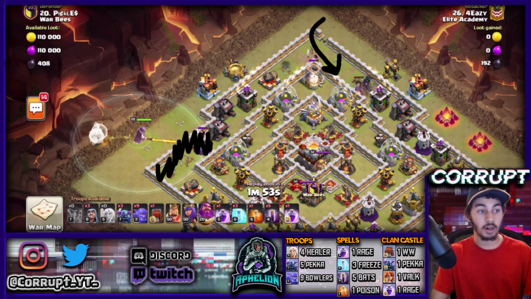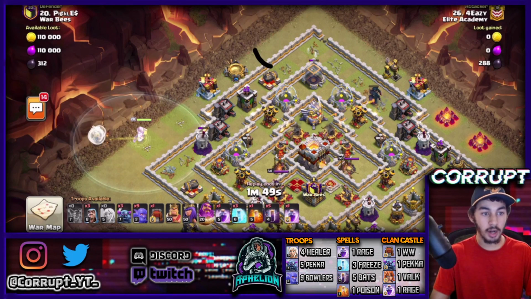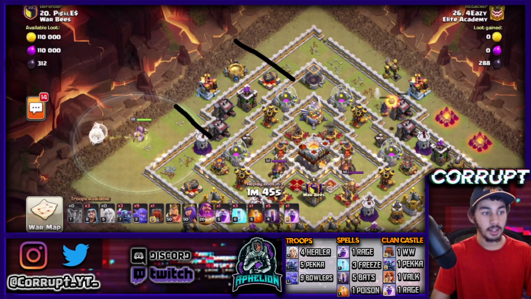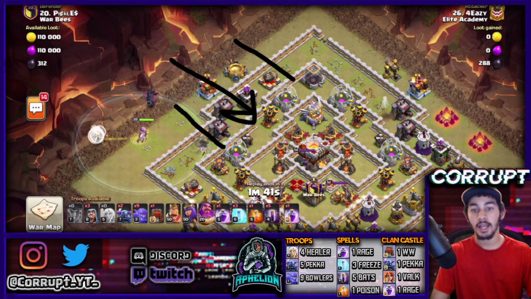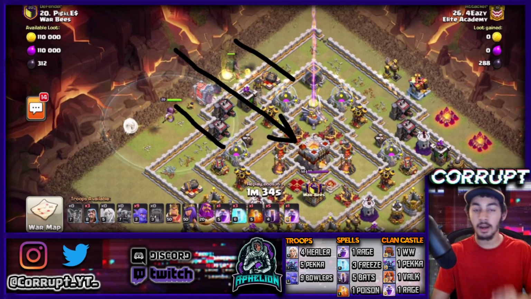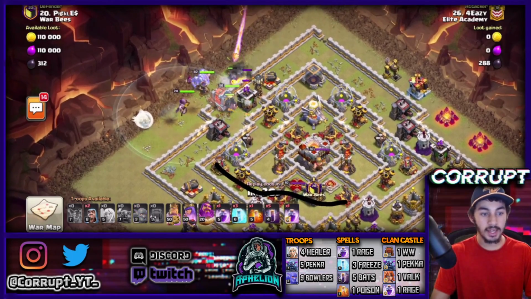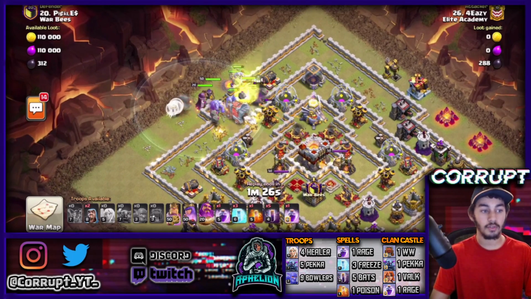This is really good for our attack, which means now our P.E.K.K.A.s and bowlers are not going to move over here and go around the base. They're going to stay. So look, this is basically going to be the pathing for that Wall Wrecker. I mean, it's not perfect, but you can see that the pathing over to the Town Hall, it's really easy, and none of those P.E.K.K.A.s or bowlers will even walk. Yeah, there's a ring here, but that doesn't mean that they're going to immediately go around